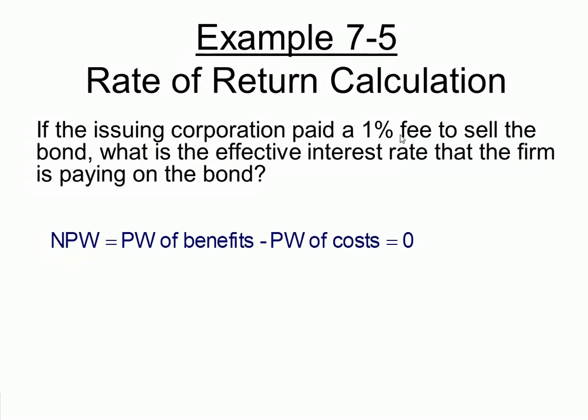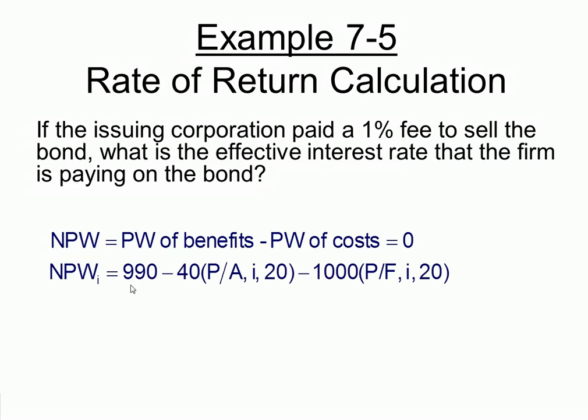So again, we're setting up the equation of net present worth of benefits minus costs. That should be equal to 0. And so the issuing corporation sold it for 1,000 minus 1%. 1% of 1,000 is $10. So 1,000 minus $10 is going to be 990. And that would be what they received as a benefit, and then they would pay $40